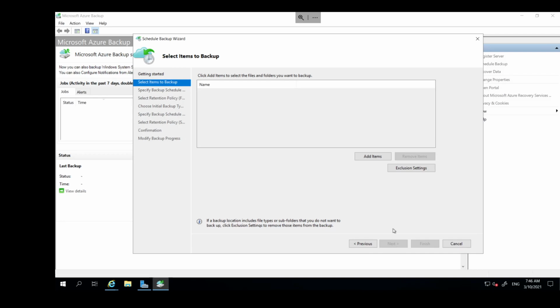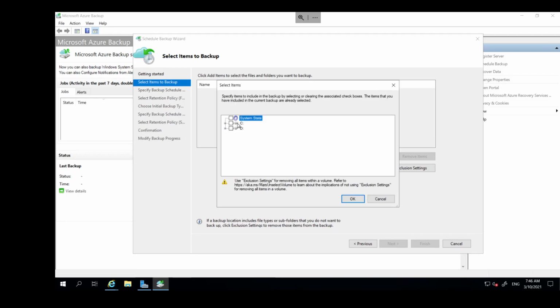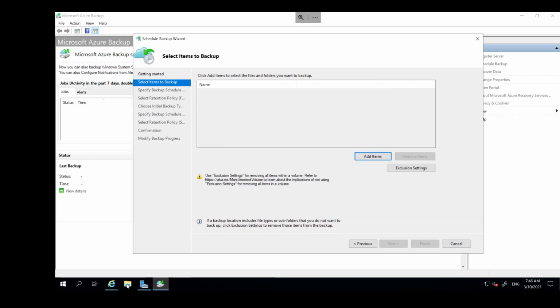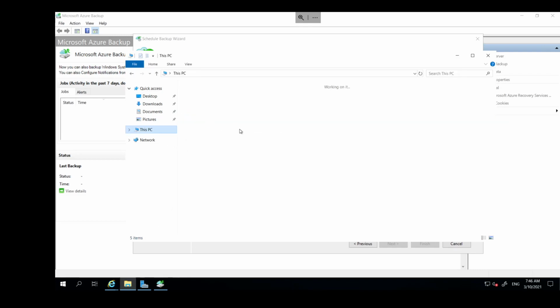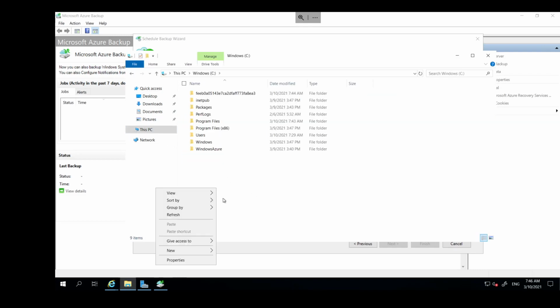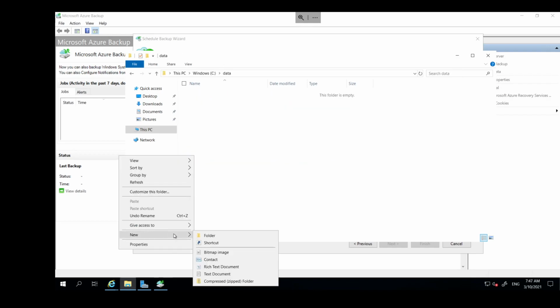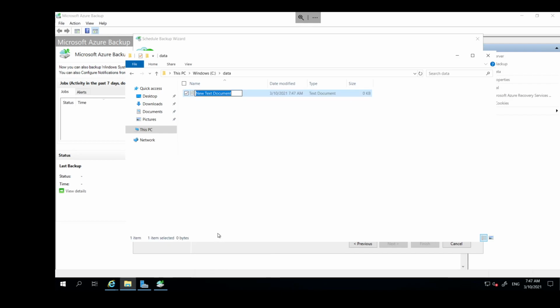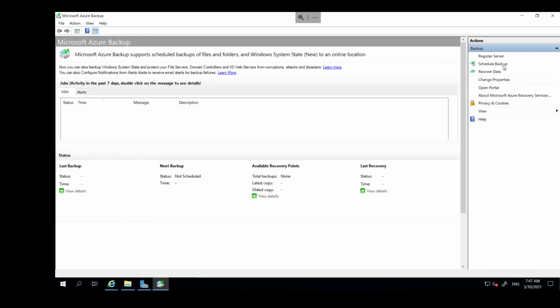So hit on next. You will add an item of what you actually want to back up. So I can choose any file maybe here, or let me create a file first. So if I go C, open Internet Explorer. So inside C, I can say data, and then inside I can have any file, a text file or anything called sample. Okay, so go schedule backup,